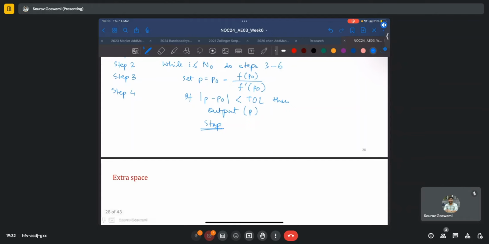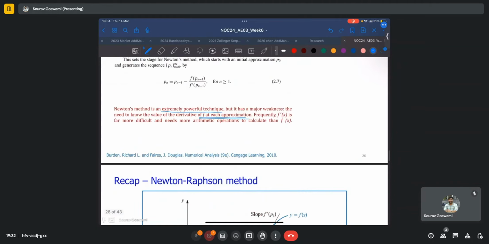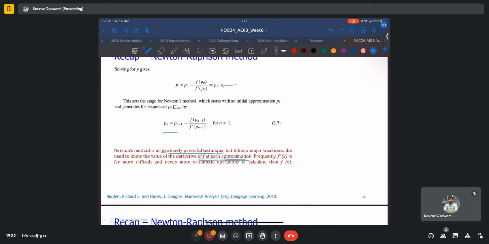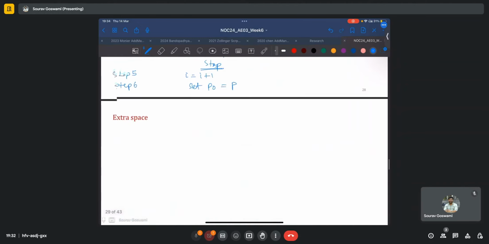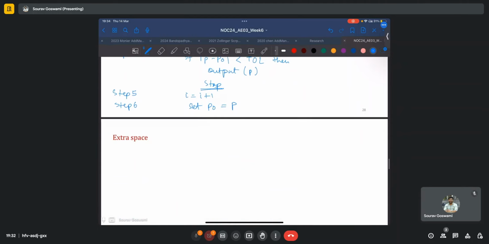If not, we continue. We consumed one iteration, so we are going into the second iteration now, and we also update the value of p naught for the next step. Our previous p now becomes our p naught. As we saw, pn is equal to pn minus 1 minus f of pn minus 1 by f prime of pn minus 1. In the next step,